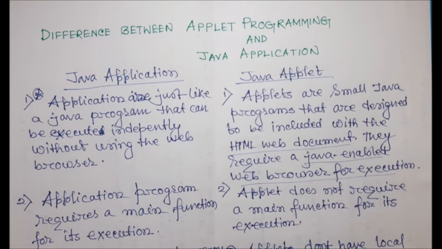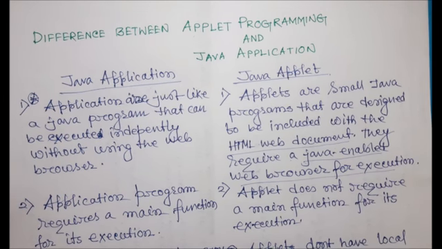And a Java application program has full access to the local file system. So whatever file is in our computer, we can access it by using a Java application. But an applet does not have any local disk or local network access, right. So we cannot access any disk content by using an applet. It is not necessary that we have to access the local file system.